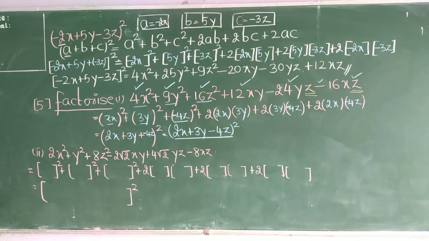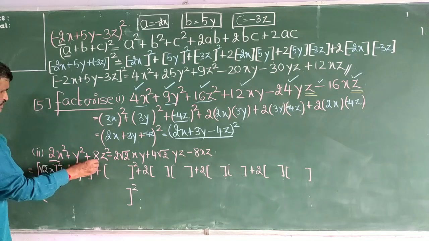Now let me come to this problem. Let us see what can be done in case of this problem. Here you see this problem, 2 is there. 2 can be written as root 2x whole square. I repeat, if I square root 2, then I am going to get 2. Then again here it is y. It is very simple. Y can be written as y square.